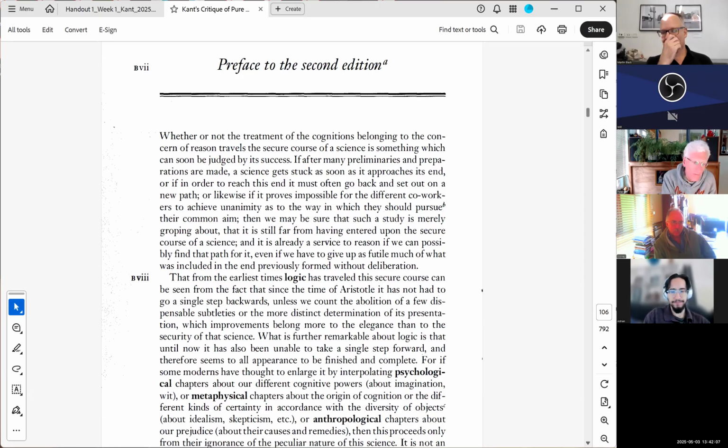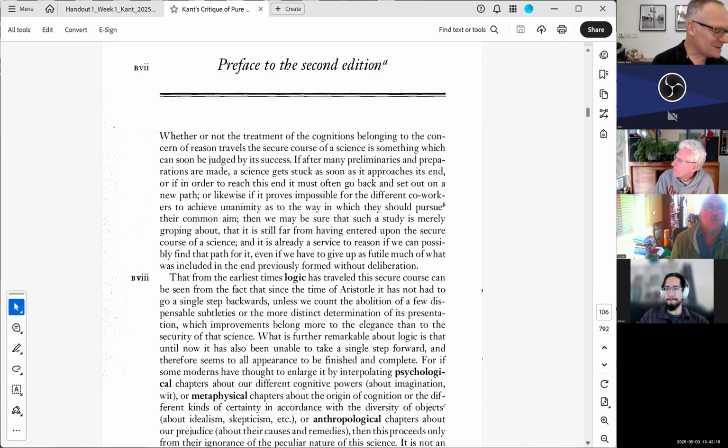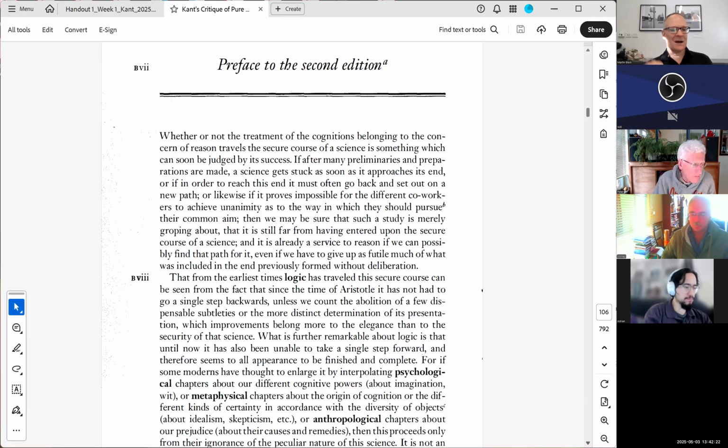But reflecting on the fact that some stubborn and ignorant people don't understand his book, he writes this second preface to be a bit more elucidated, helpfully for our purposes. So first paragraph again. This is on page B7, and he says, whether or not the treatment of the cognitions belonging to the concern of reason travels the secure course of a science is something which can soon be